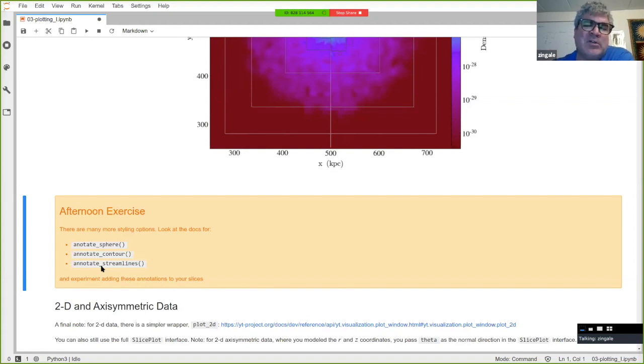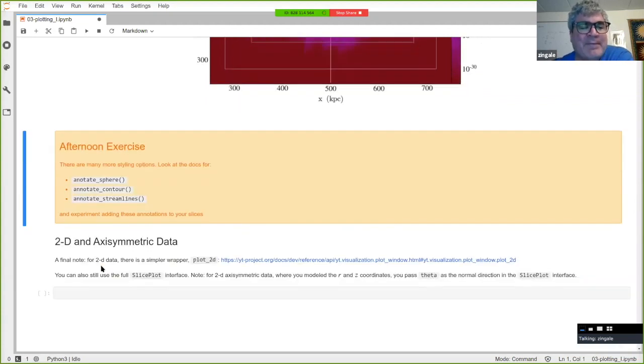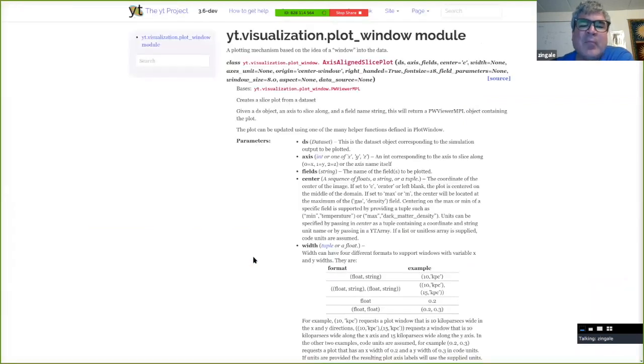We'll look at these visualizations with regions. We'll also look at off-axis stuff tomorrow. So when your slice plane is not aligned with X, Y, or Z, we'll do it for projections, but it's the same basic idea. And a final note, there's a simple wrapper called Plot2D, which